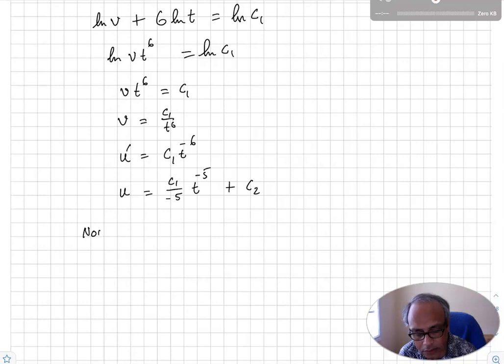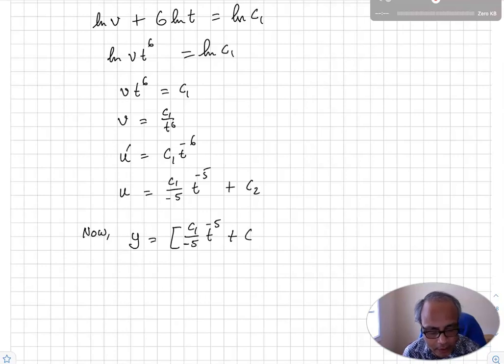So now y equals u, which is c1 by negative 5 t to the power minus 5, times t square, and maybe you can absorb the negative 5 into c1, that's okay. So you can rewrite c1 by negative 5 to be a new constant a, with t to the power negative 5. And now since you wrote a, it looks just nice. If you rewrite b t square,